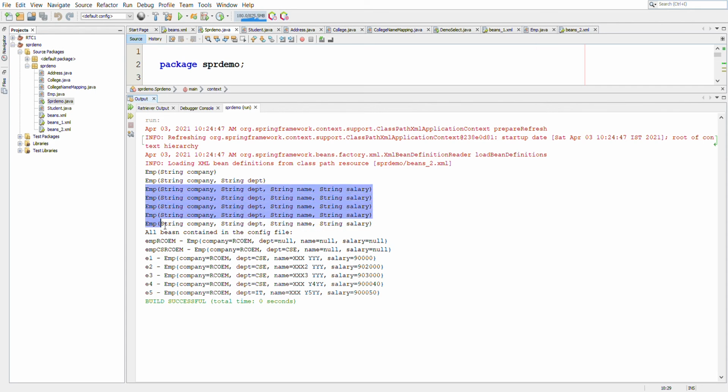This has been called 5 times, which is once for each of the beans E1, E2, E3, E4, and E5. In the output, you can see that we are getting the same output that we got using setter injection. So all the values have been properly set here, and it is also overriding the values that we had specified.